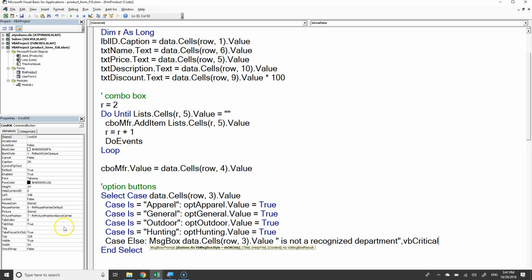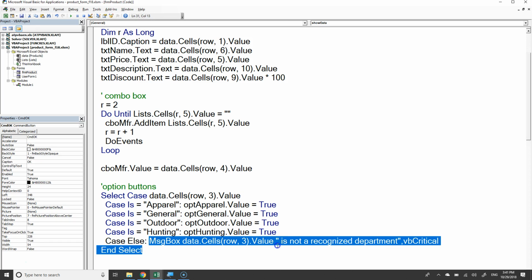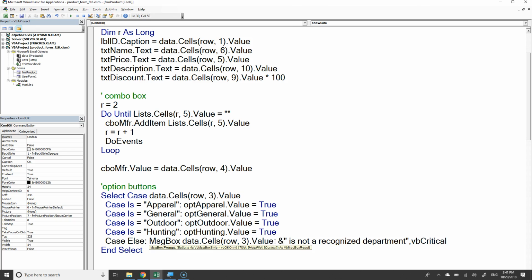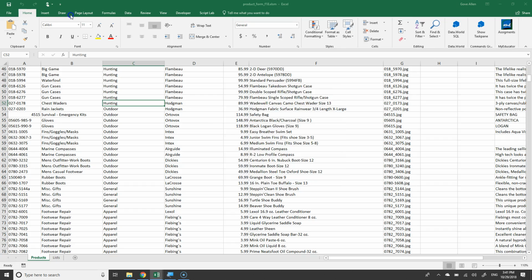Oh, I do need it. I left it out. Right, very good. I have to concatenate this. Thank you. So here's whatever they typed in. We'll put that, and then ampersand here, and then "is not a recognized department." Now we're not really expecting to see that unless there's some problem with the data. I think all of our data is right now, but if we were to change it, then that would show up. Okay, so if I run the form,